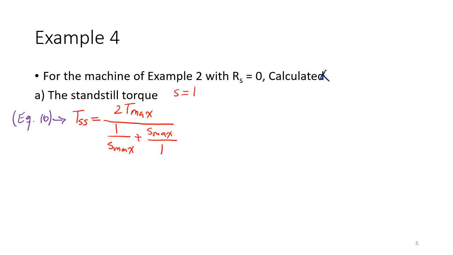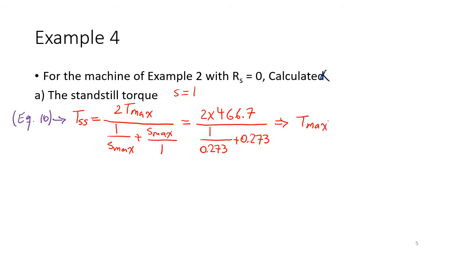We also calculated the S max and the T max in the previous time, so we have everything. It will be 466.7 over 1 over 0.273 plus 0.273, which equals 237.1 Newton meter,